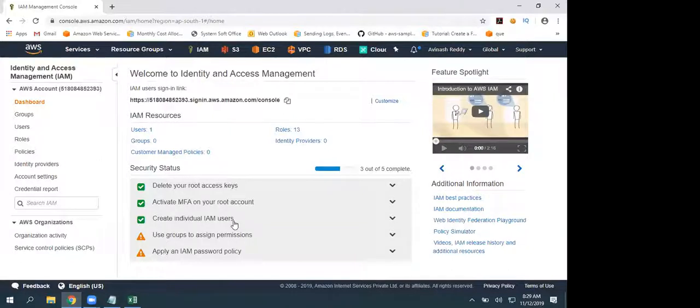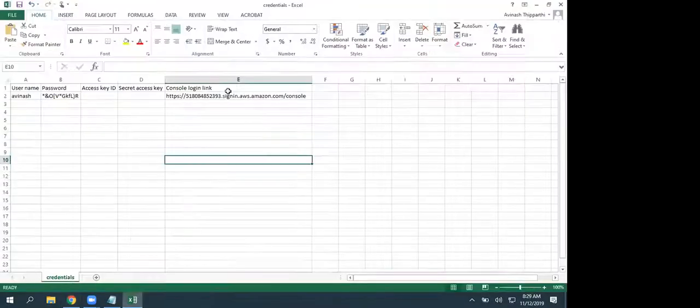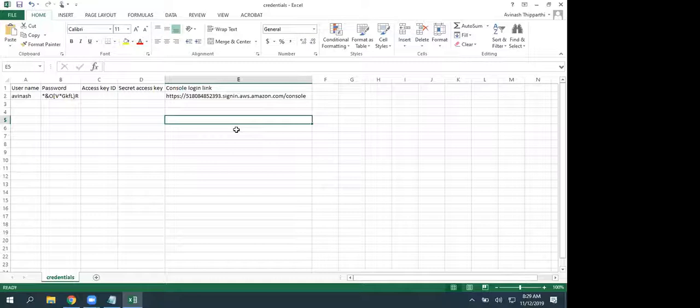I want to log in as that user. I want to verify his level of access, whether he is able to access all the resources or only some resources. I just want to verify that. But before that, so this is a URL, right? So this URL is a bit difficult to remember. Basically the numbers are a bit difficult to remember. That's why instead of IP addresses, we have DNS names. Instead of phone numbers, we have names in our contacts, right. How many phone numbers do you remember? Very few, if you compare with your phone contacts list.